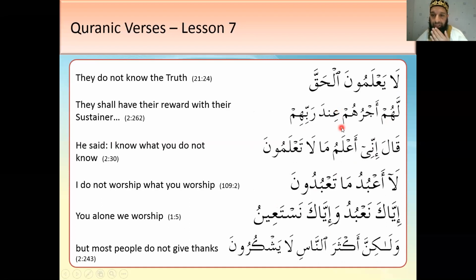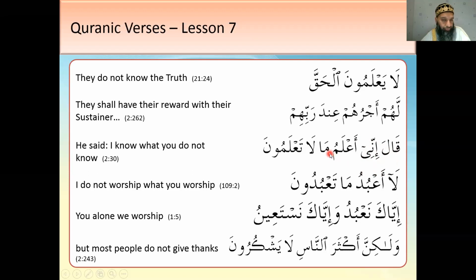so this is another one. Okay, let's look at this one here. Right, so qala. What's qala mean? We did it last week. Qala. It's the verb to say, but in a sentence it doesn't mean to say. It means he said. So qala, inni. Inna and e. Indeed, I. He said, indeed, I